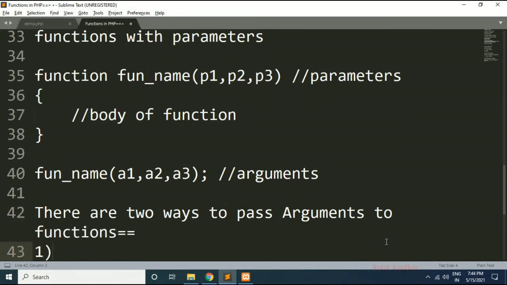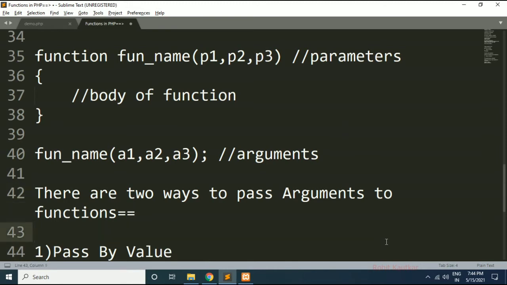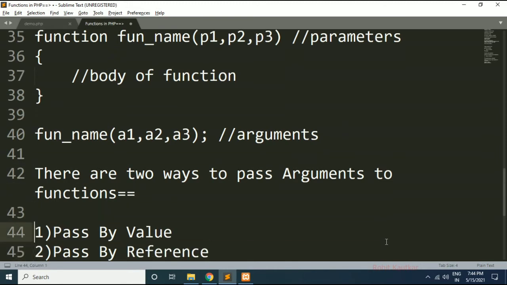First way is called pass by value, and second way is called pass by reference. Now in pass by value, the original values of argument do not get changed, whereas in pass by reference, the original values of argument get changed.